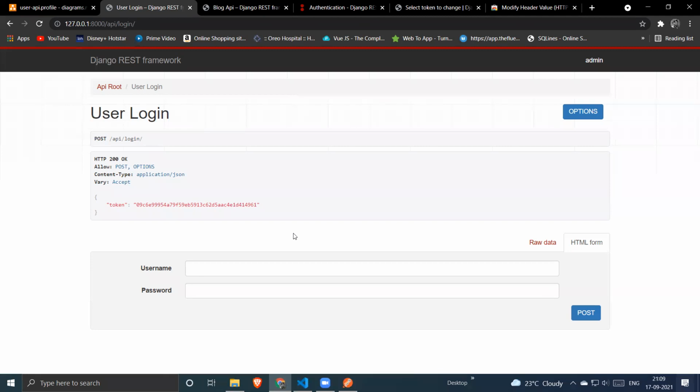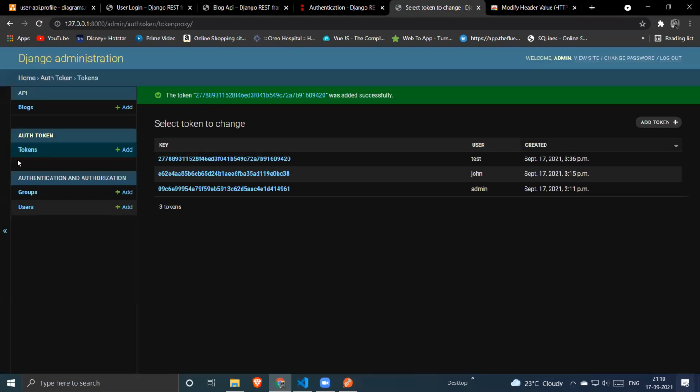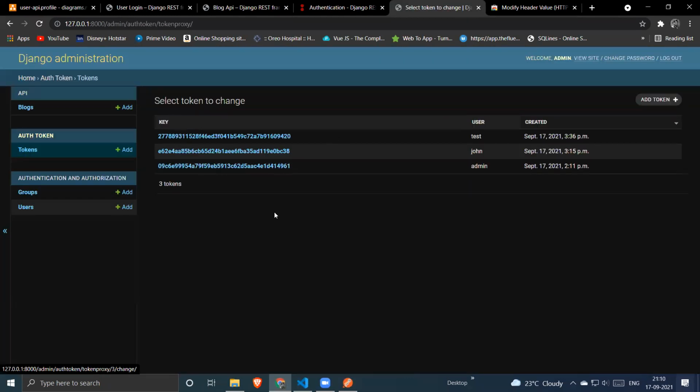Right. And sir, my last question is, can you print the token on the console so we will get to know where the token is actually stored? For example, request.user, like that. Token is not stored in the request object. It is stored in the token app, in the auth token, and this is the representation of that particular database table. So it is stored in this particular table.